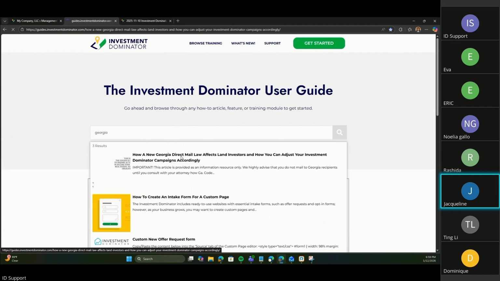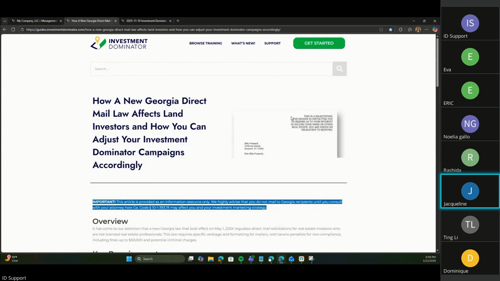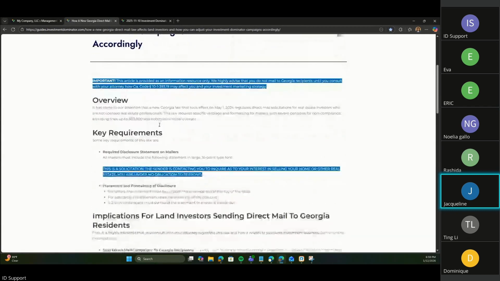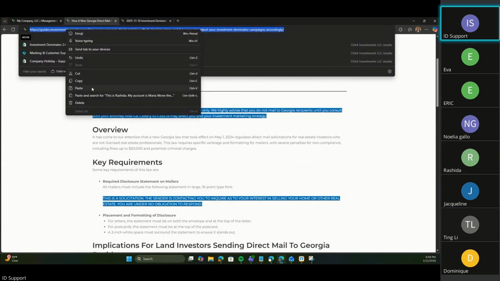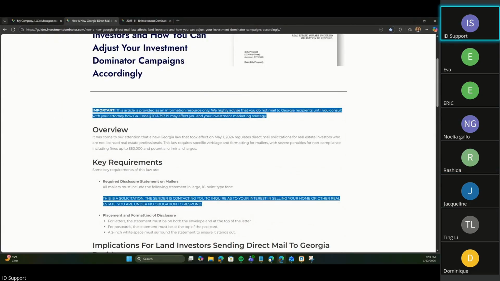What did you call it? Not compliance, right? It's a solicitation. So it gives you the exact information here. Actually, I'll go ahead and throw this in the chat for everyone to take a look at. And this will show me how to add it to the envelope, correct? Right, it'll give you the details for it.